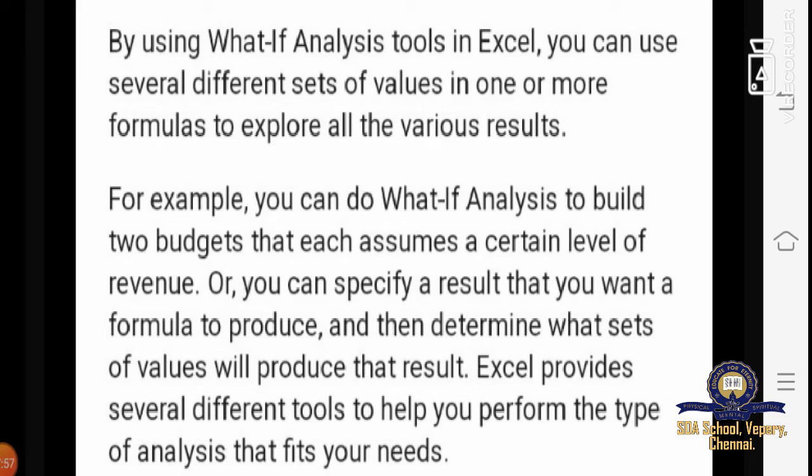For example, you can do what-if analysis to build two scenarios that each assume a certain level of revenue, or you can even specify a result that you want a formula to produce, and then determine what sets of values will produce that result. Excel provides several different tools to help you perform the type of analysis that fits your needs.